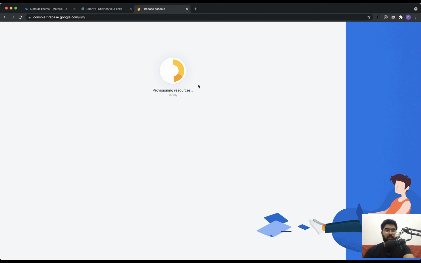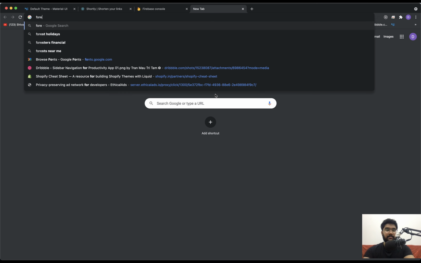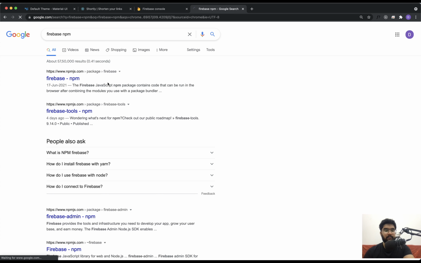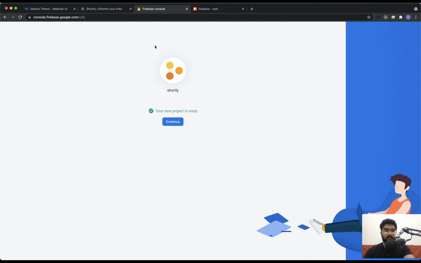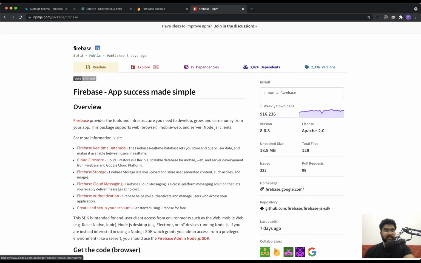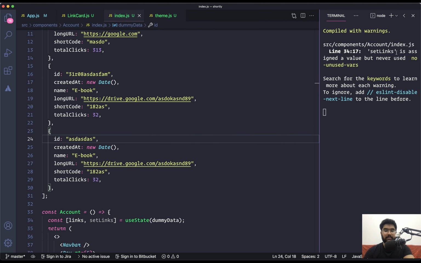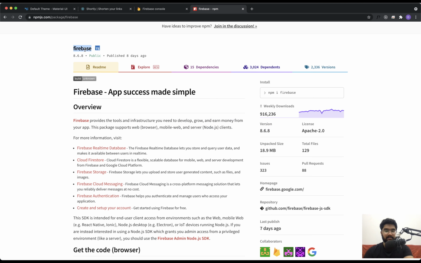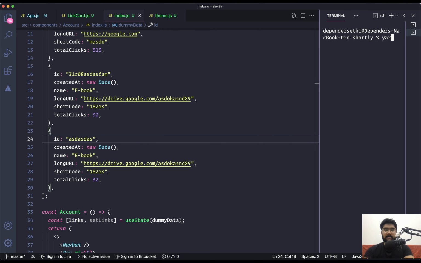Now at the same time, while it's creating the project, we also need to install the Firebase package in the application, which goes by the name of Firebase. We need to install this package, as we will be using it in order to communicate with our project. So let's install this package in the application. Over here, I will be creating another terminal, and the name of the package is Firebase itself. So let's do that. Yarn add Firebase, or